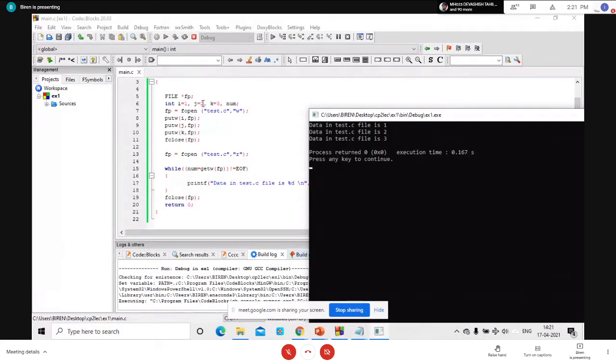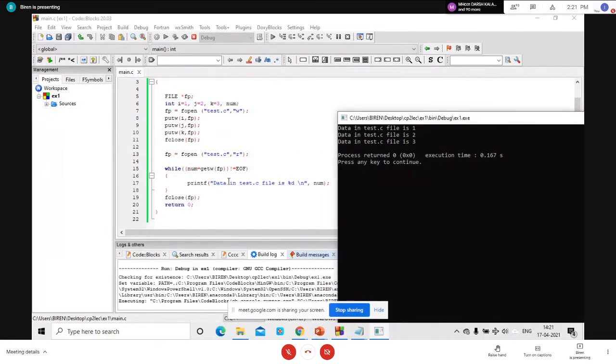I'm going to write 2 inside test.c. Then I'm going to write 3 inside test.c. Then I'm closing this file. I have opened this file in read mode. I'm going to read one integer from the file. If that integer is not equal to EOF, then printf "data in test.c file is %d".